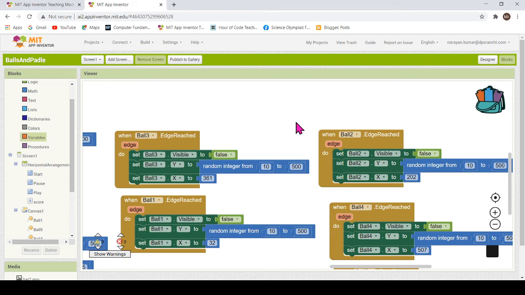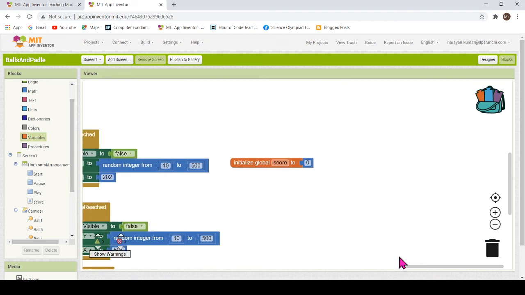So far what we have done is we have set the program so that when the ball hits the paddle, the ball becomes invisible and you get a positive score. And when the ball hits the edge, you missed it with the paddle, you will not get a score and the ball will come back again. One more feature we wanted is play and pause. If you want to pause your game, how can you do it?